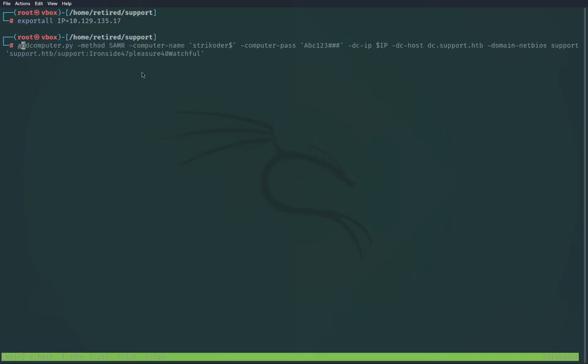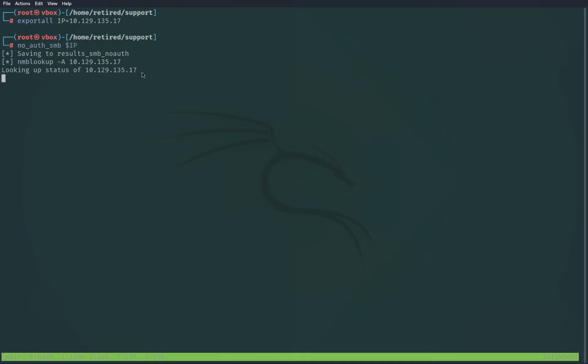Then I run my script as well. You can find that on GitHub. No-Auth authentication SMB, which runs under the hood smbclient, rpcclient, and NXC, netexec. And I would run No-Auth,